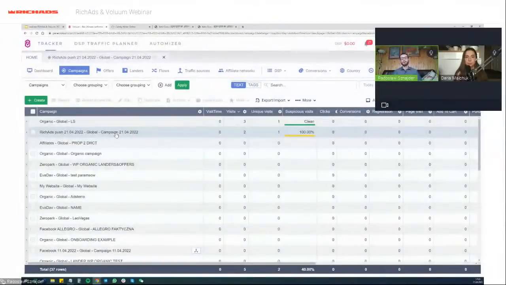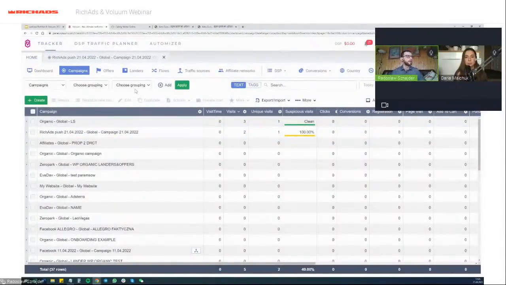So in Volume, we have 2 basic ways of conversion tracking: the pixel, which is a cookie-based solution, quite simple but not quite reliable, and also the postback. The postback is server-to-server communication. So